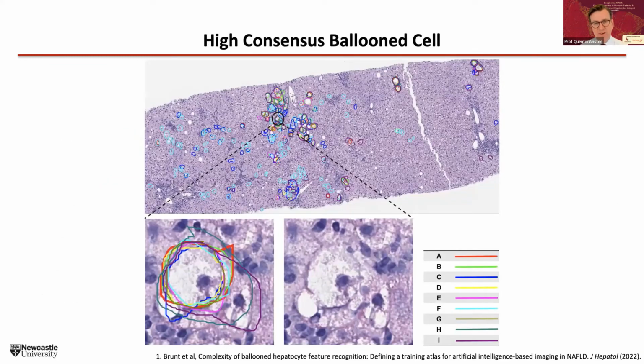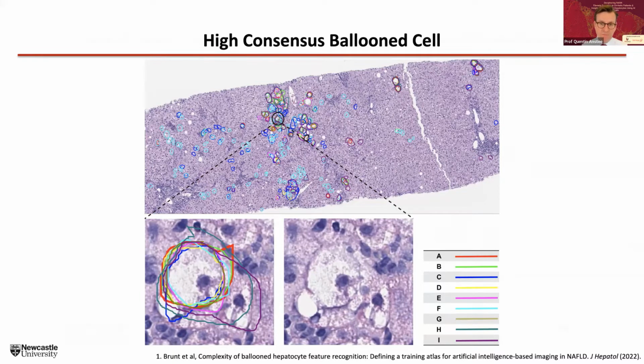And in fact, when we considered over the 80,000 cells that were identified or looked at across these 10 images, there were about 1,180 cells that any one pathologist considered to be ballooned. But what I'm showing you here is the single cell out of those 80,000 that were examined, 1,100 that were considered to be ballooned. This is the single cell where all 9 pathologists agreed that ballooning was present. So this is, I think, as much as we can describe as the most classic image of a balloon cell that there is.